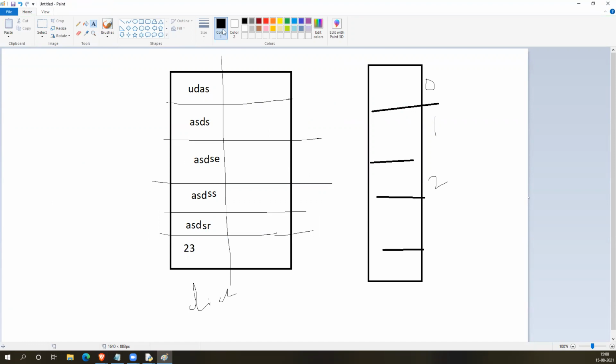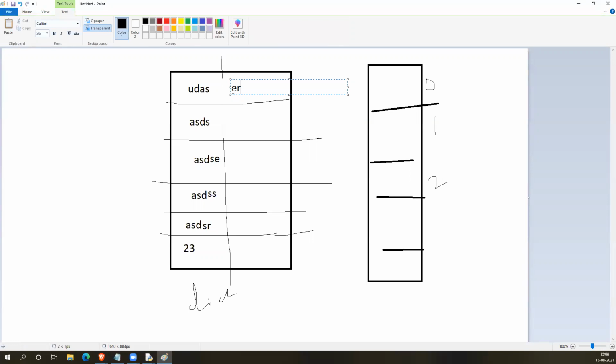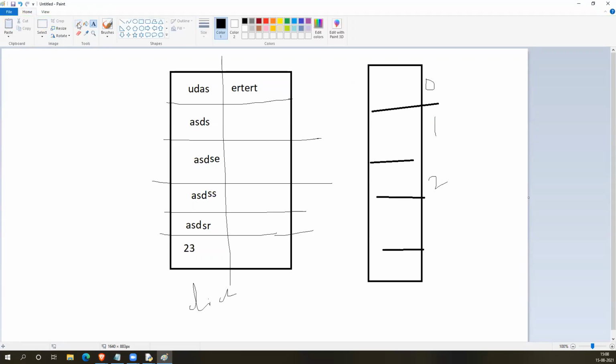So if you want to access a value here, let's say you want to get ERT something, with the list I will just type the variable name with 0, right? Here also the variable name, but instead of a number, you will be using this key. Understood?